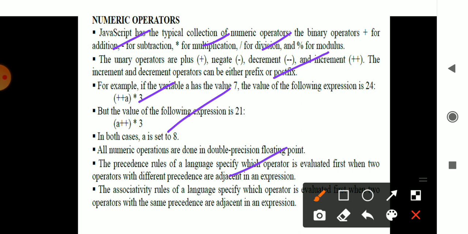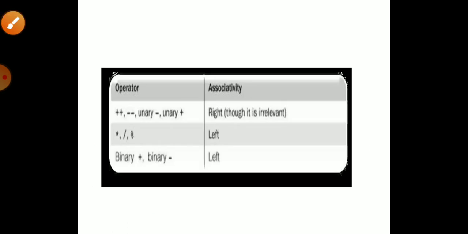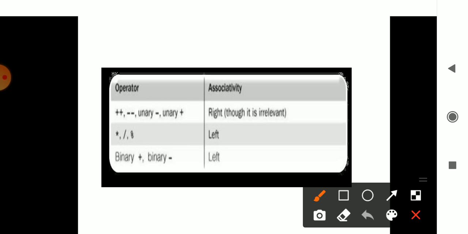So there are rules and regulations which are followed in different aspects. Even the same rules are followed here as you consider the precedence. First precedence is given to division, then multiplication, then addition, then subtraction. Like that the precedence is followed here also in JavaScript. The operators which are used are plus, minus, unary plus. Then you have multiplication, and the associativity is from left to right. Here it is from left to right. Here also you have left to right. Multiplication, division, percentage, binary plus, binary minus associate to the left.